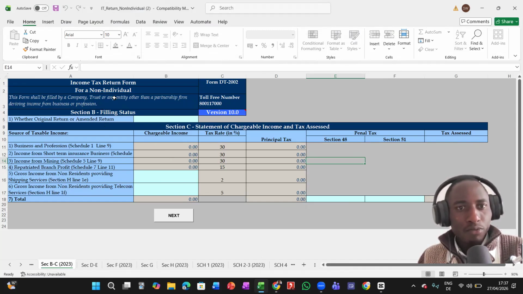So we start with the income tax return form. This is, of course, as I told you, for non-individual. This is for a company. So the first section is a statement of chargeable income and tax assessed. Under this, we shall have to talk about the business and profession. This is from line 1 to schedule 1, line 9. We have to fill in,